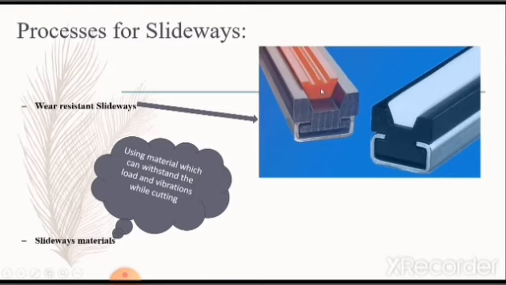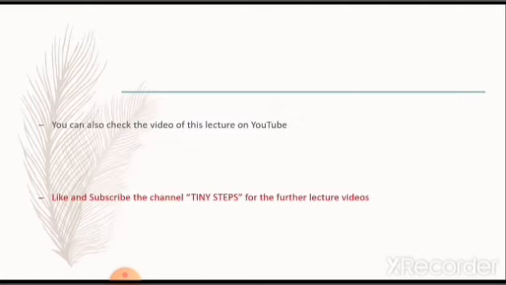Correct. We kept a material over here, but if we are providing like this one, we are providing a layer of a different material like chrome plating. The chrome plating is the hardest material. Your base material would be different, but the plating is of chrome, so that the hardness is there, so it can bear the loads even. Fine. Then the slideways material. So deciding what type of forces you can generate while cutting, depending upon that, your slideways material should be selected. Okay. Whenever it is selected, you can use it. Fine. So this is all about